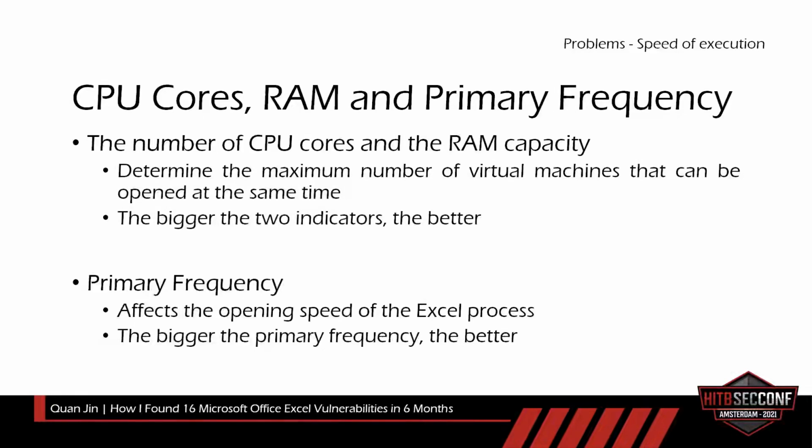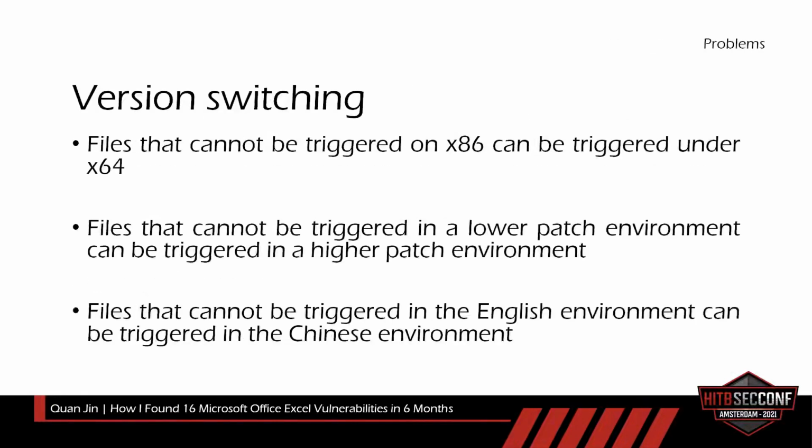During the fuzzing, it is necessary to consider the inconsistency of processing the same file by different architectures, x86 and x64, different patches, no patch and full patch, and different language versions, Chinese and English. I mainly consider the following things: